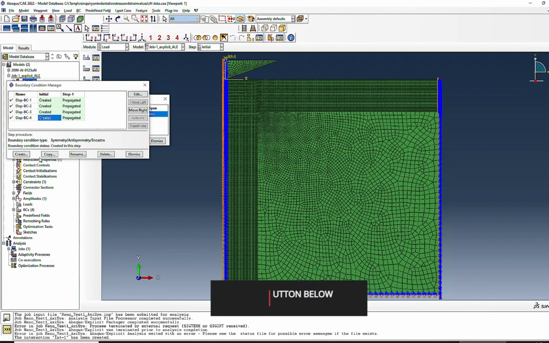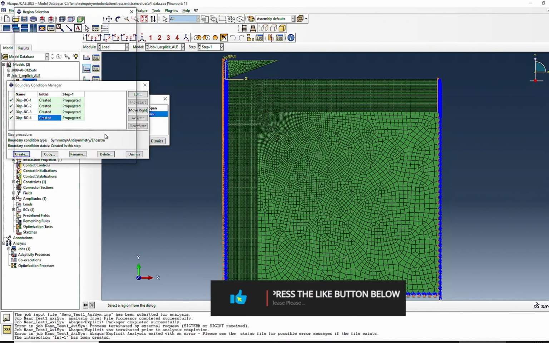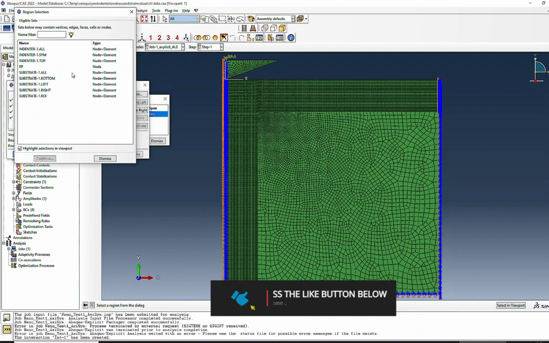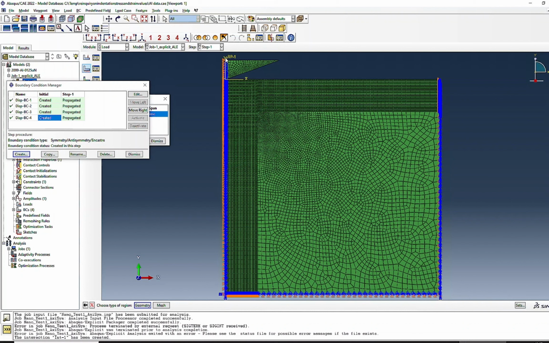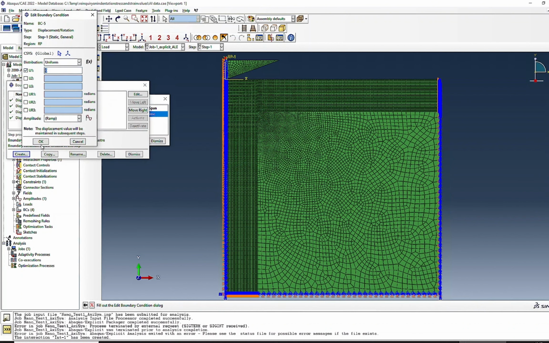So we only need to fix this in step number 1. I'll select. Okay, let's select from the reference point, which is this, I think. Yep. So, and I will fix this set to be 0, while U2 I give a value of 0.365,